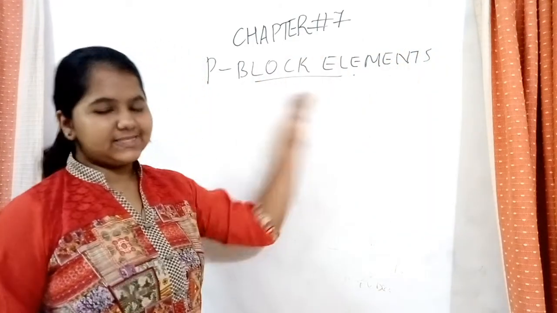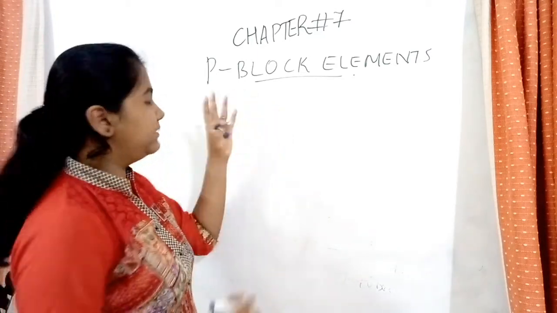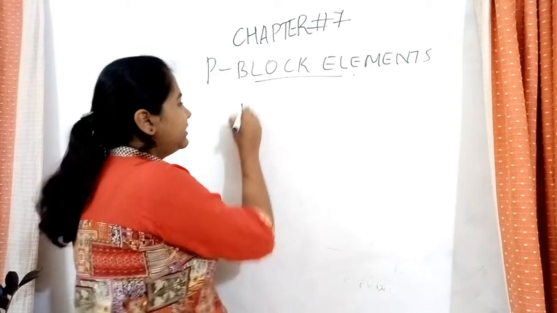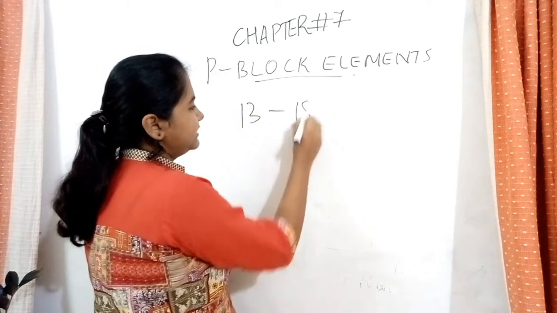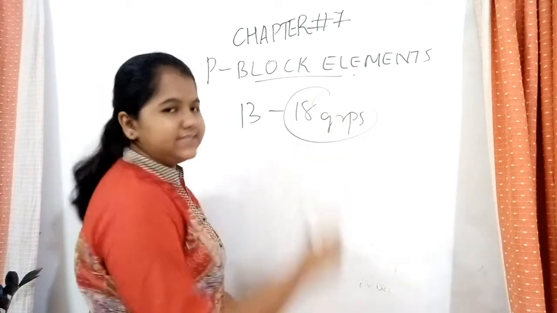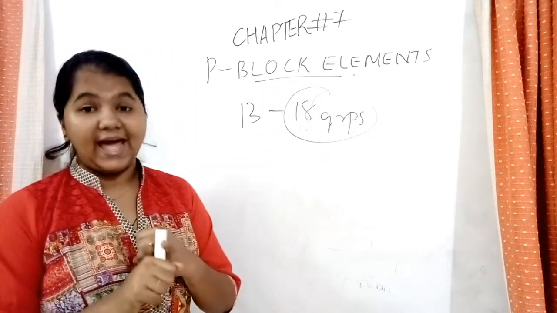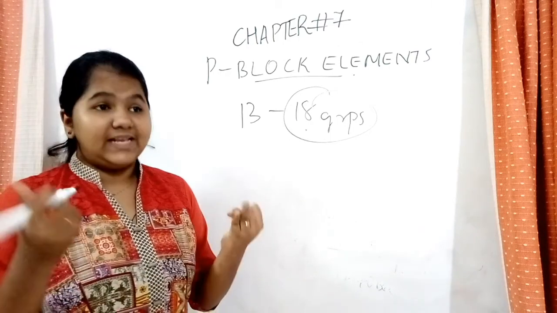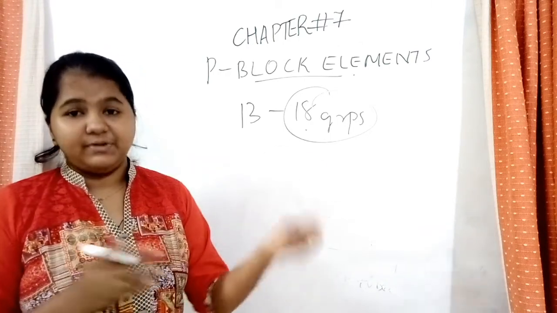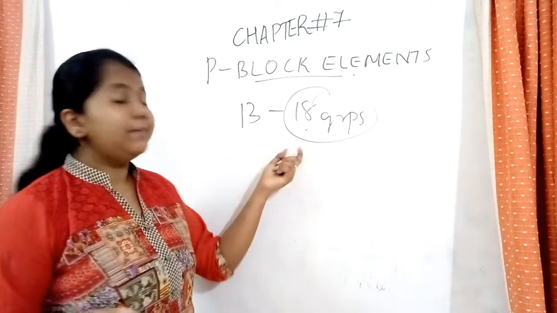So, this is the chapter that we are discussing. As told in the previous session, we have the P block stretching from 13th to 18th groups. So, we are discussing the 18th group now. And what all did we discuss? We discussed which elements are inside it. We learned which are radioactive, which are found in the atmosphere, and which is the most abundant one.